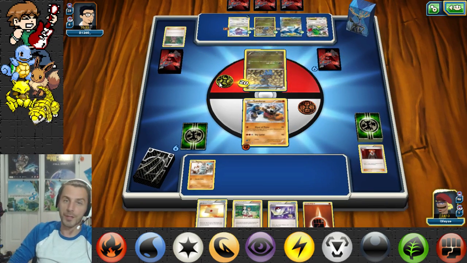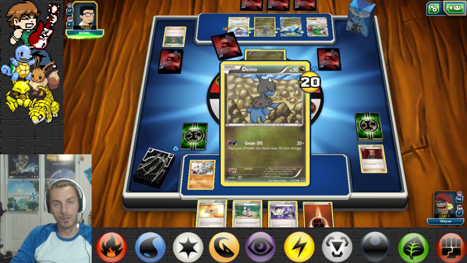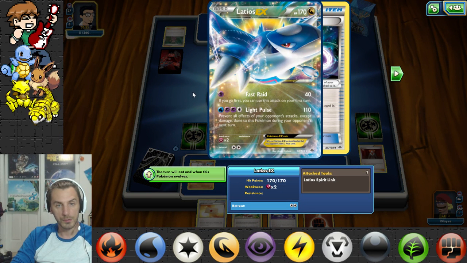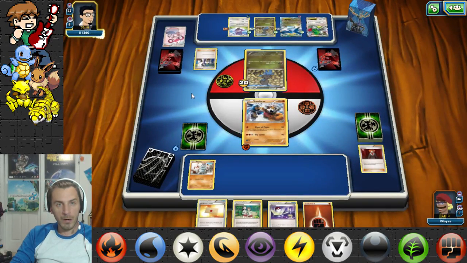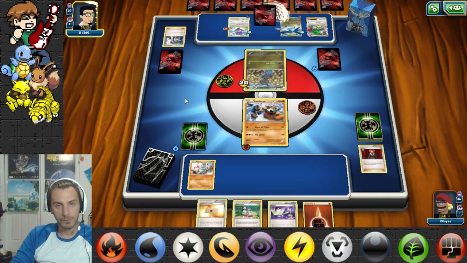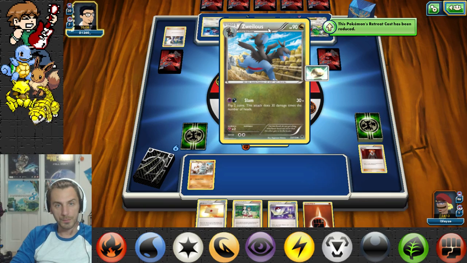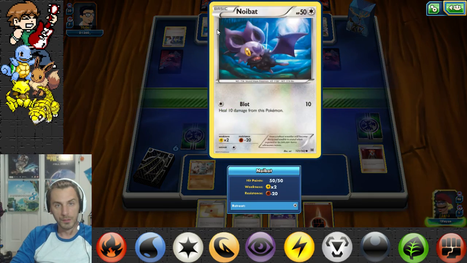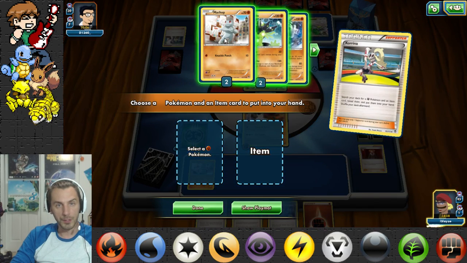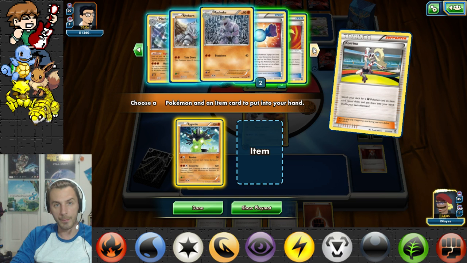So this person's strategy, I think, is going to be to get out Dino's evolution. Although, it could revolve more around this Latios doing Light Pulse. Yeah, he's already getting that. Zwelios started here. So now I can get a couple of Pokemon that I might need here. So boom, and let's go ahead and grab...